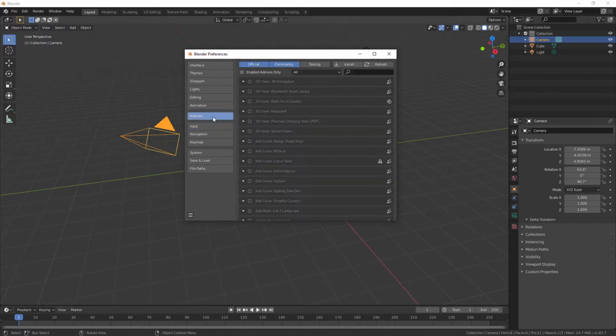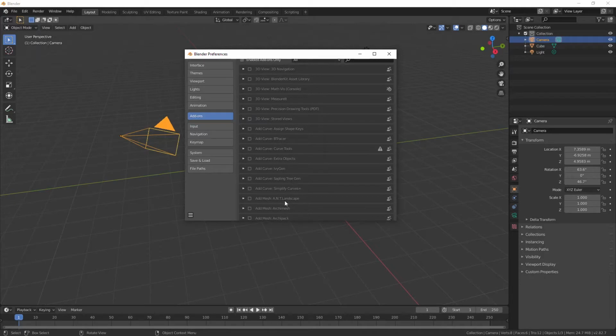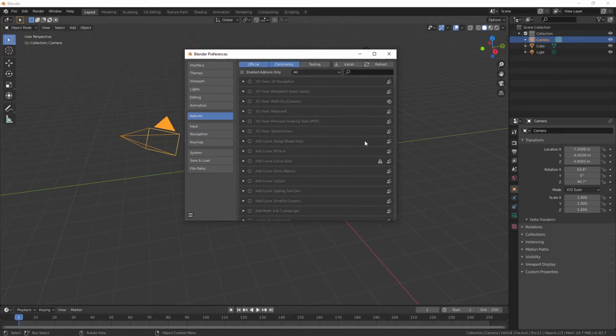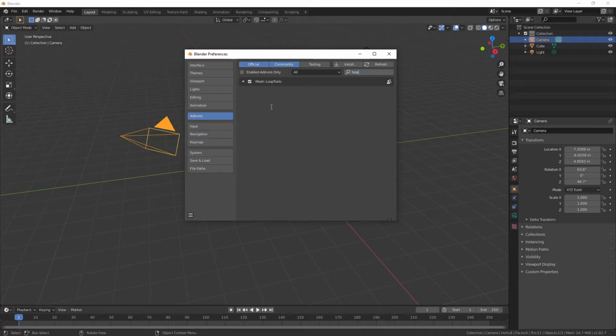If you go to add-ons, you'll see a whole list of stuff, and a lot of these things do come in useful, and there are several tutorials on those, but I'm just going to add on one thing since we're just going to do a simple 3D model for our game here, and it's called Loop Tools. So instead of going through this whole list, you can just click right here and type in loop. It should bring in that, and it'll be clicked off and grayed out,